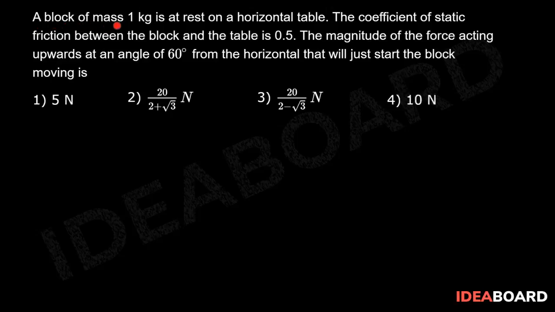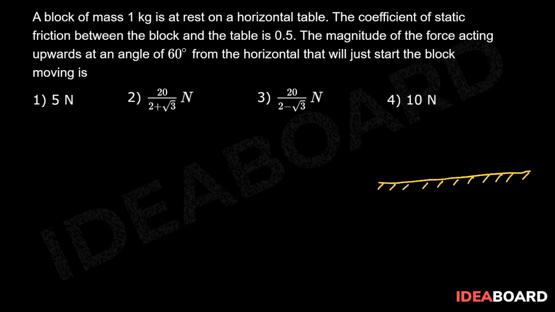A block of mass 1 kg is at rest on a horizontal table. The coefficient of static friction between the block and the table is 0.5. The magnitude of the force acting upwards at an angle of 60 degrees from the horizontal that will just start the block moving is. Let us suppose that this is the horizontal table